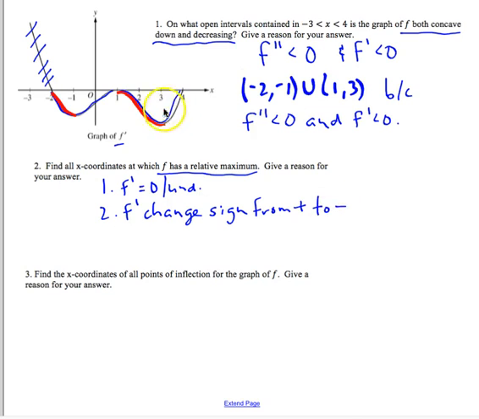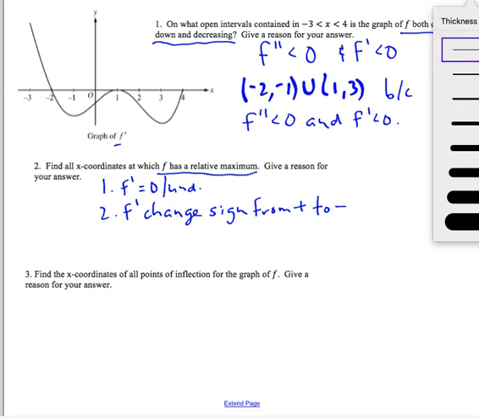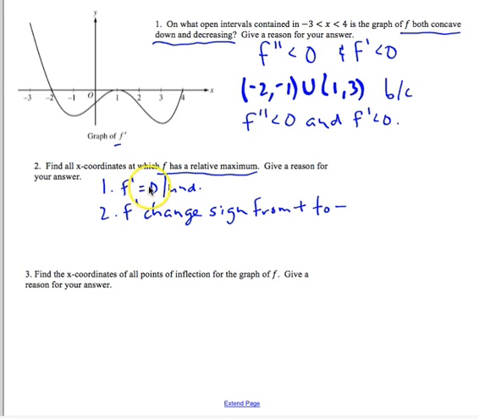And now if we go back to our graph, and we'll go ahead and erase these previous marks. If we go back to our graph, then the first thing we're looking for is when f prime is 0. And we're going to recall that this is a graph of f prime, so we're looking for when the y value of the graph is 0, and that occurs when x is negative 2, when x is 1, and when x is 4. But not only does f prime have to be 0, f prime needs to change sign from